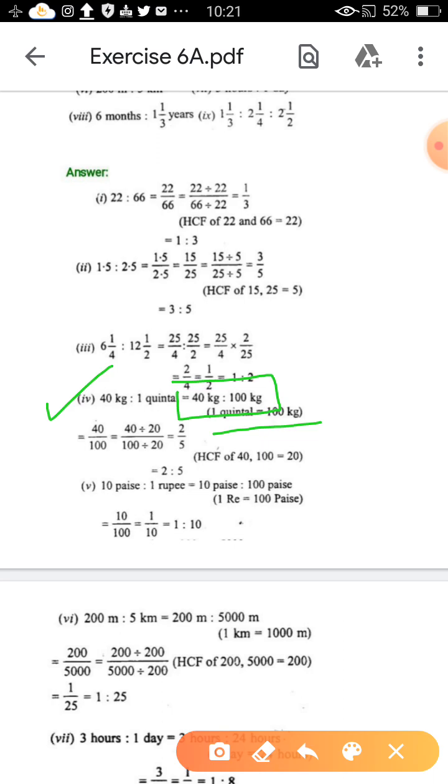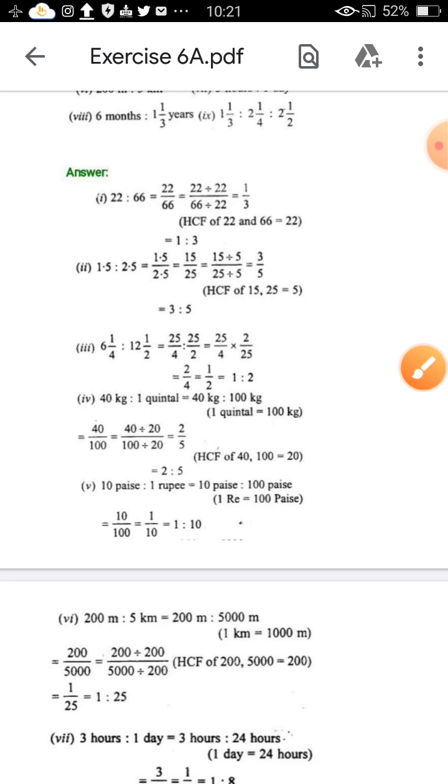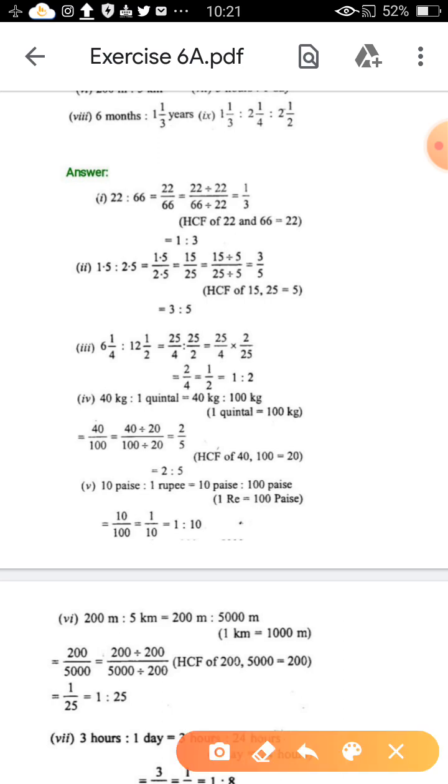Then write down these numbers in the form of numerator and denominator. So I have written here 40 upon 100. These numbers can be divided by which number? 20. This is in the table of 20. So 2 20s are 40 and 5 20s are 100. So 2 upon 5. 2 upon 5 means what is the ratio? 2 as to 5. Got it now?